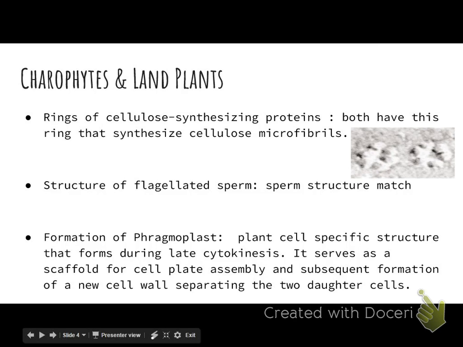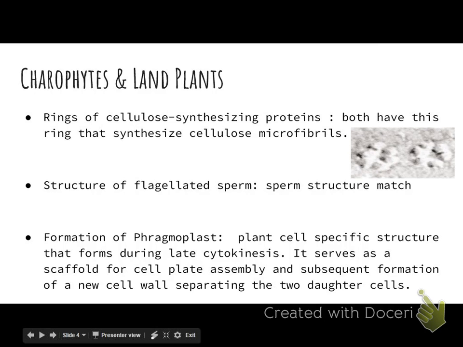Another is the structure of flagellated sperm, where the sperm structures match, and the formation of the